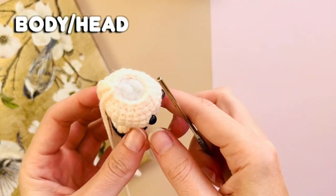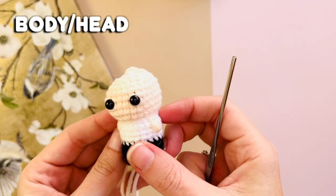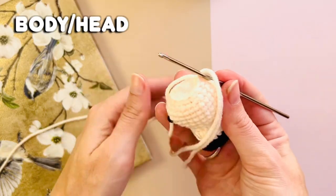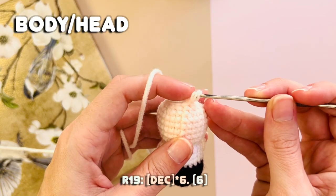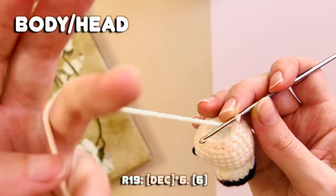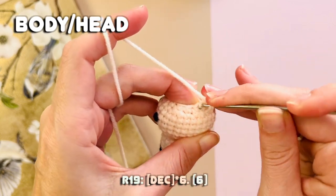And as you can see, we've filled him up all the way to the top, which is fantastic, and this is what we're looking like so far. Now all I want you to do is place your hook back inside this little circle where we had that chain. Remember how we chained this there? Just make sure you're doing that the right way as well, because you don't want to get tangled up later on. And then from here, it's the last round, guys, so we are only going to be making 6 decreases